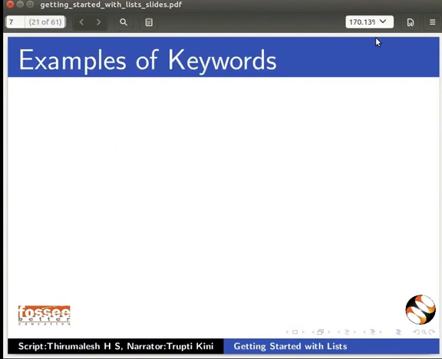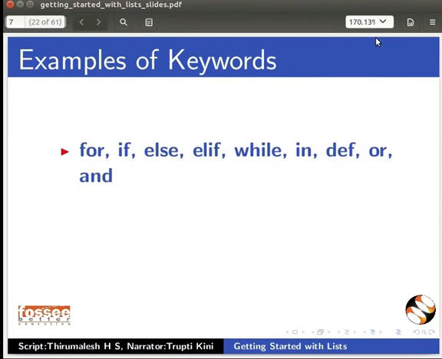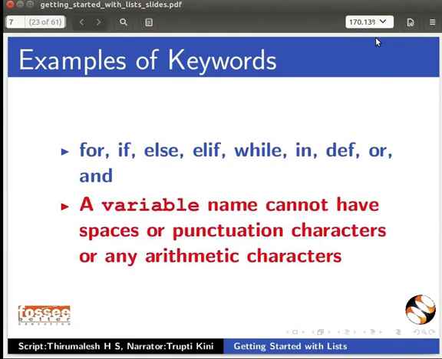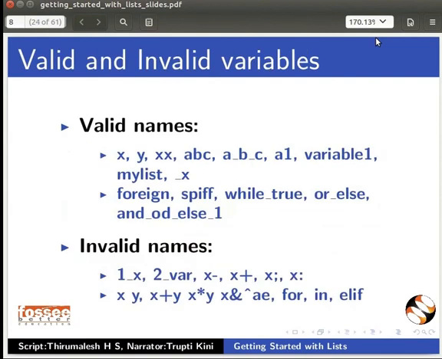A few examples of keywords are for, if, else, elif, while, in, def, or, and. A variable name cannot have spaces or punctuation characters or any arithmetic characters. These are some of the valid and invalid variable names.